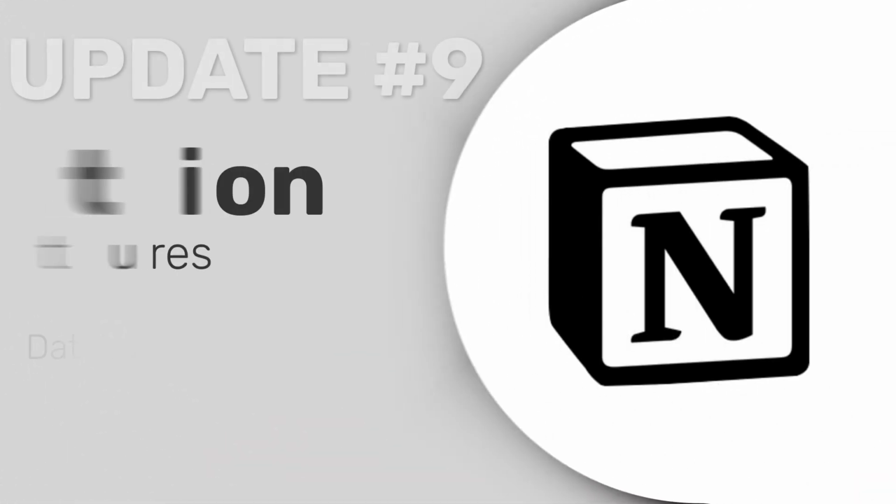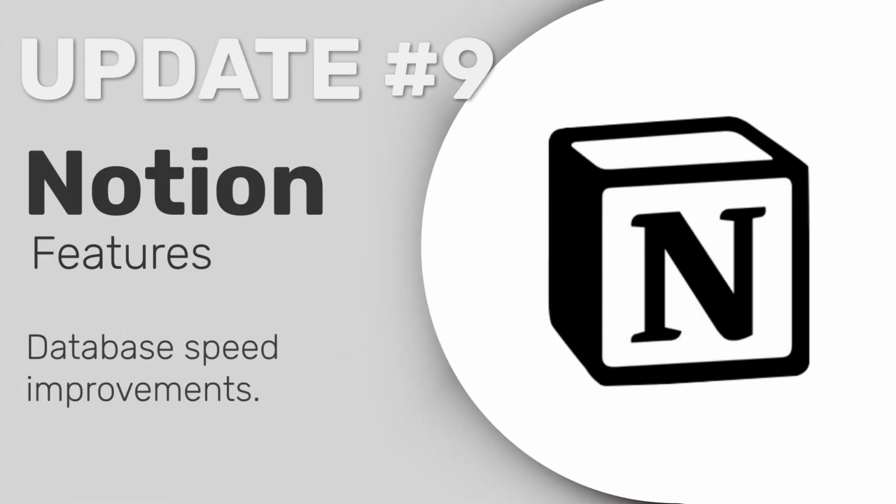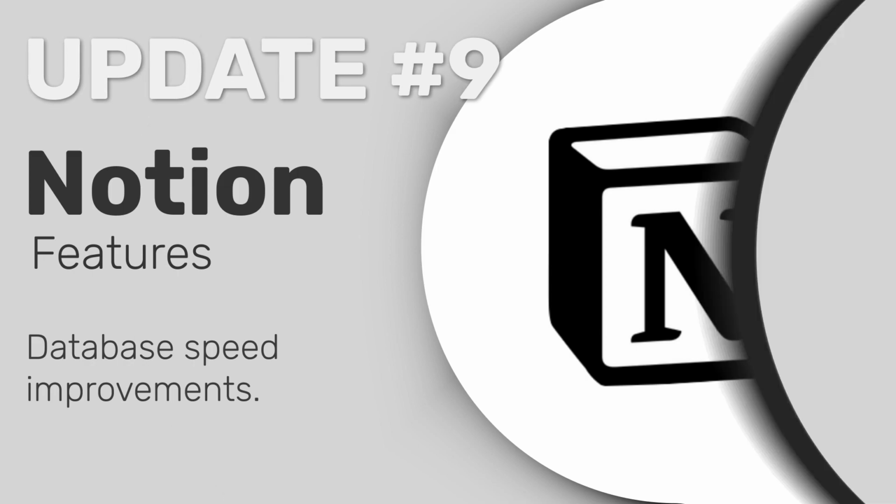Now, some of you who use Notion sparingly might have not noticed this one, but coming in at number 9, Notion got a huge speed improvement this year for their databases, especially databases and pages that are nested within multiple pages. So if you have like more than 3 pages deep, and you're trying to click within a page, within a page, within a page, it used to just take forever to load